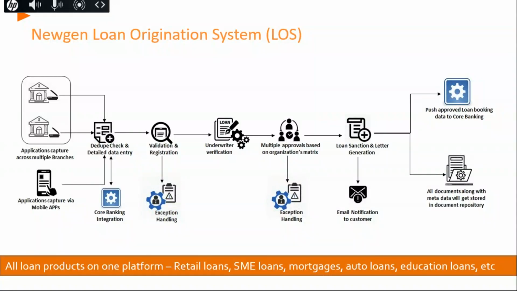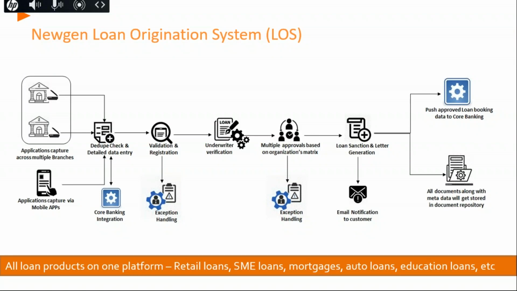So how does this work? Typically, the loan application comes from branches, mobile apps, or the web, and finally the data is captured. It goes in for a dedupe check and a detailed data entry. At this step, integration with core banking also happens so that